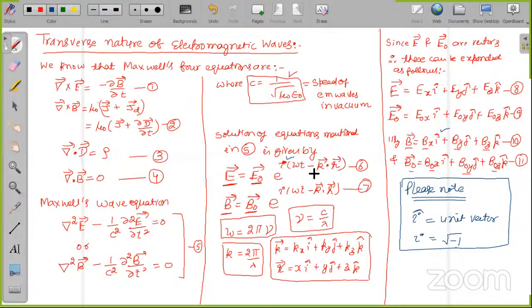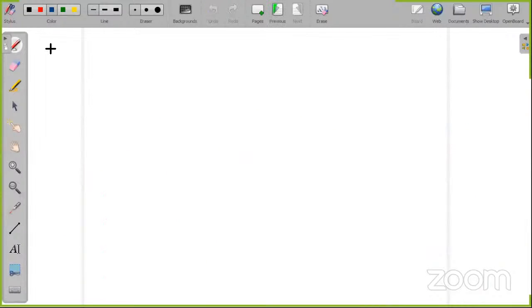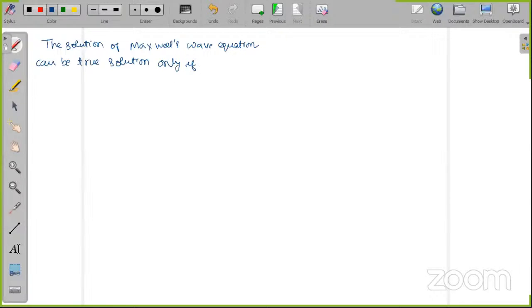Should I move to the next page? Yes, sir. Okay. So let me add a new page. We will say that the solution of Maxwell's wave equation can be a true solution only if they